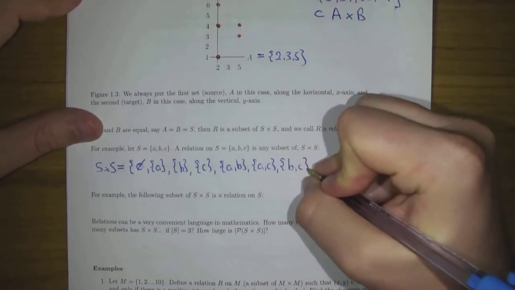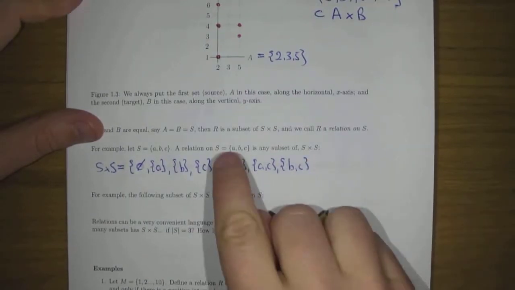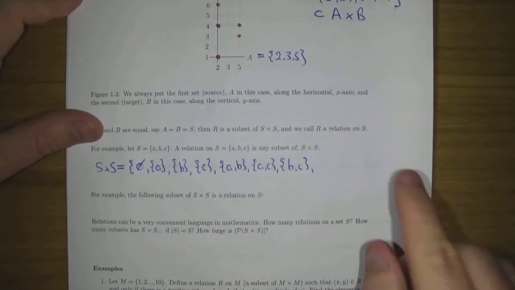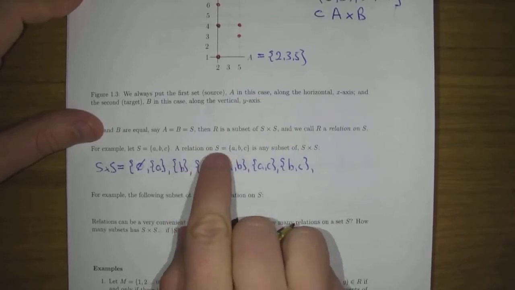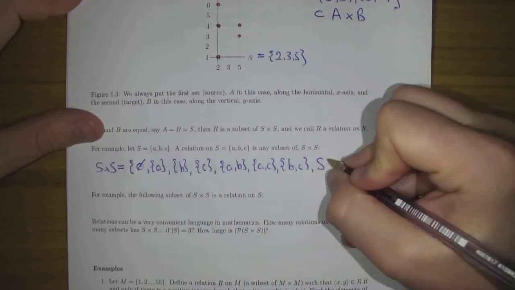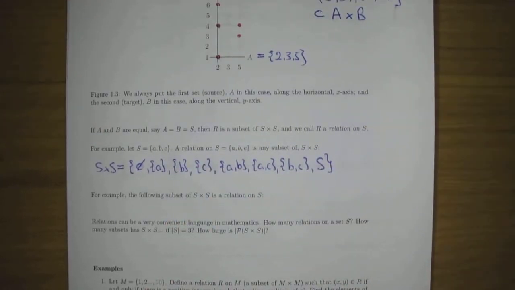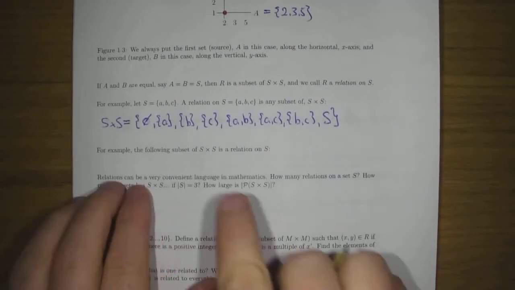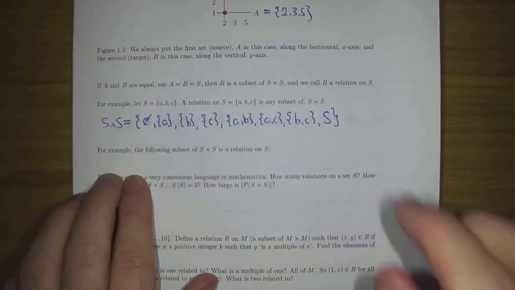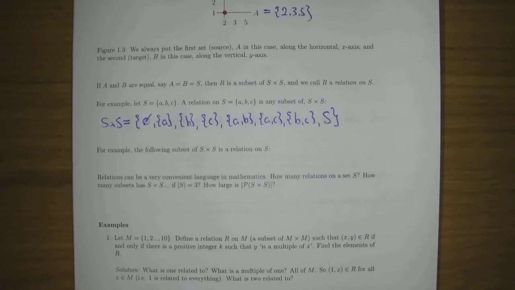And no, yes, yes is the set containing B and C. And then yes, yes, yes. Now I could write the set containing A, B, and C. That's no problem, but it's nicer just to write S. So a relation is a subset of this. So I just have to take some of these. So say for argument's sake, I'm